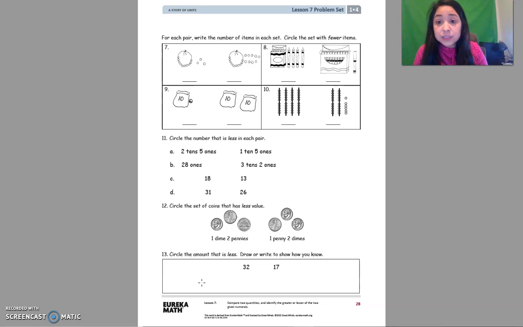So right here, the directions change a tiny bit. We have to write the number in each part, and then we have to circle the one with fewer items. That means we are looking for